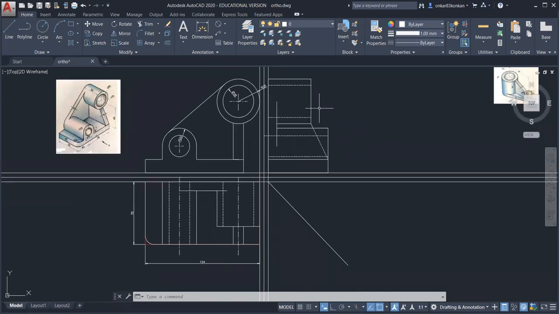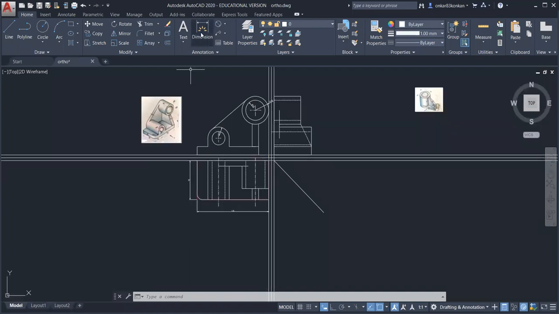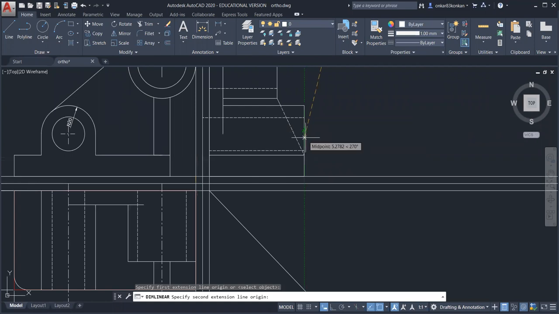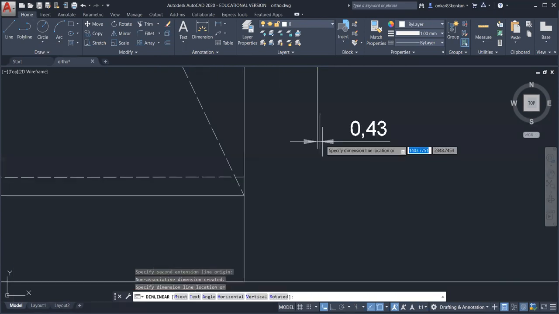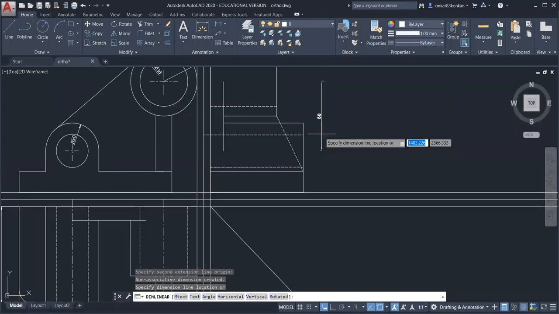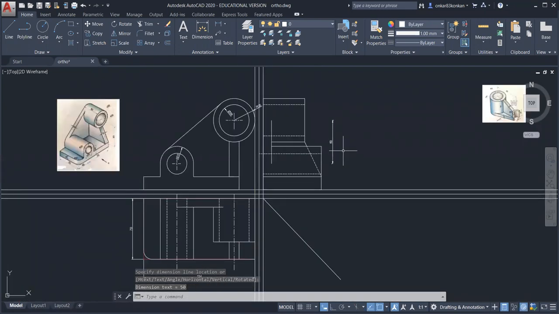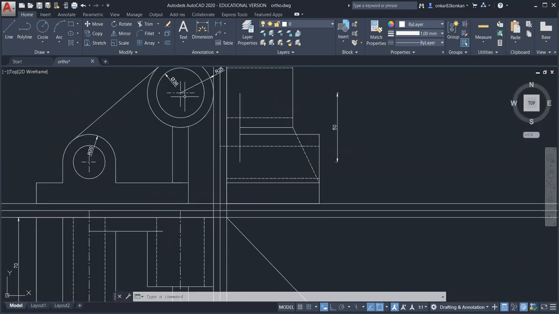And similarly, you can give the dimensions in the side view. Okay, so the distance between these two centers, that is a vertical distance, is equal to 50 mm. So you can show this like this.